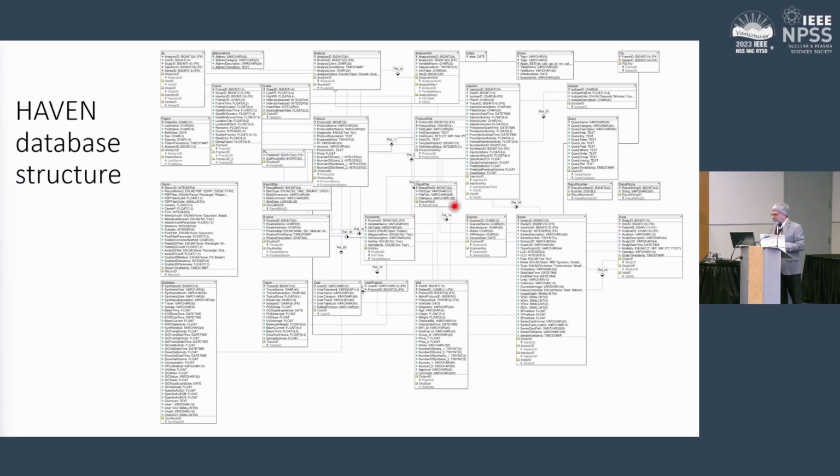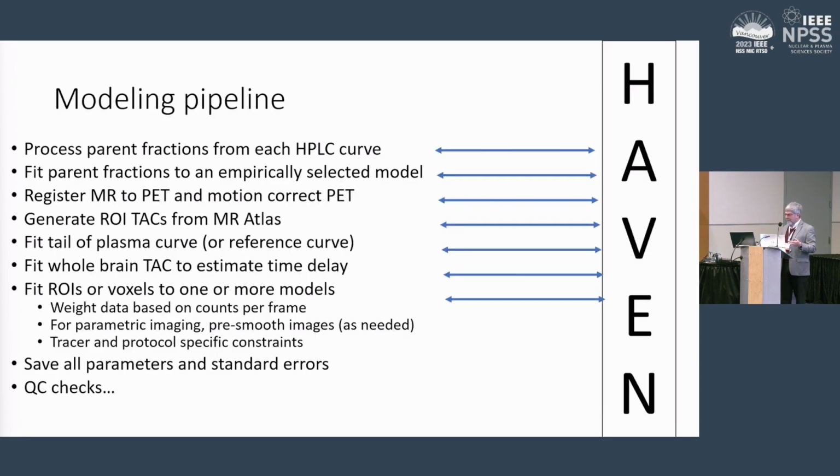Maybe we're pointing to a file, or maybe we're just pointing to a single number or a string, or a blob, database word for what could be a curve or any structure in being able to do that. And this database structure has evolved over time as we have added more fields. So how does that affect our pipeline? Well, the idea is that each of those steps I showed is all talking back and forth to Haven. So if I wanted to fit the parent fraction, I'd go to the database, get the parent fraction ones, generate